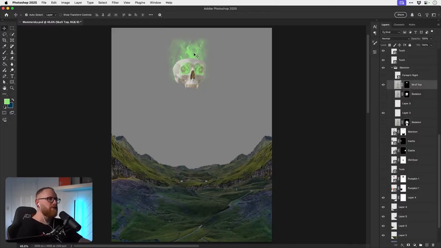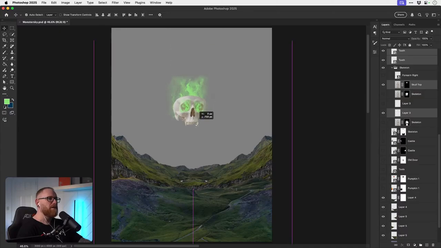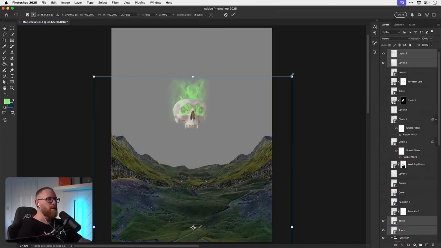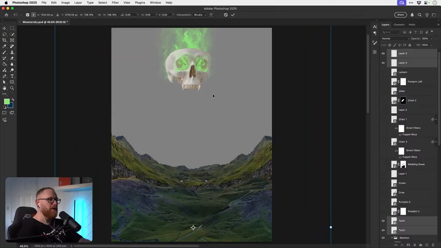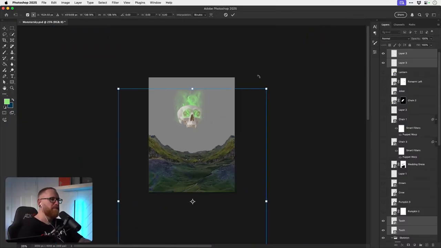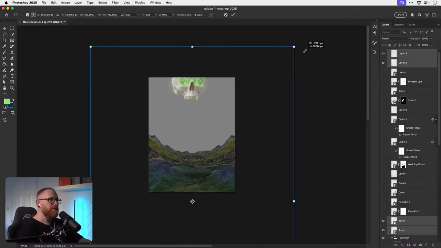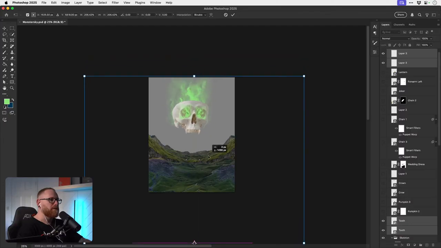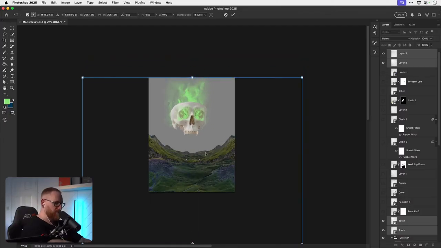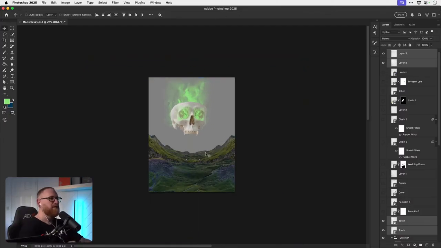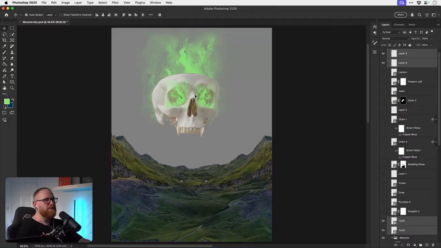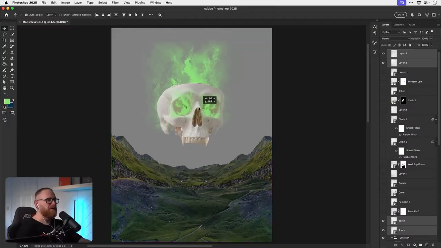And then we've got skull face with his little teeth. We could make it bigger. Really big. Have the floating, flaming skull of doom or something.